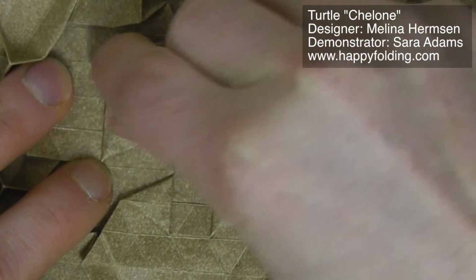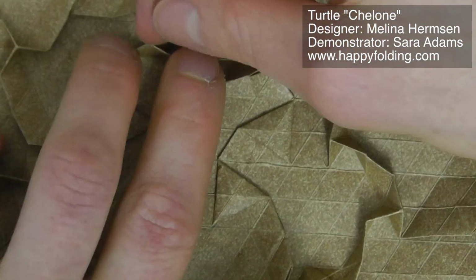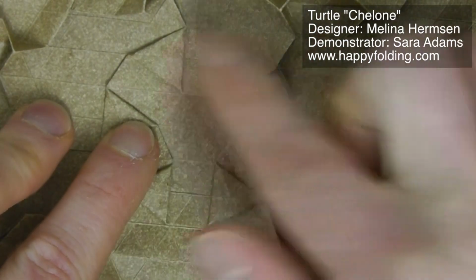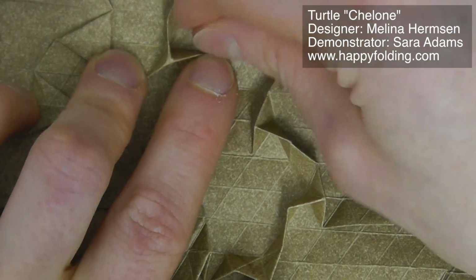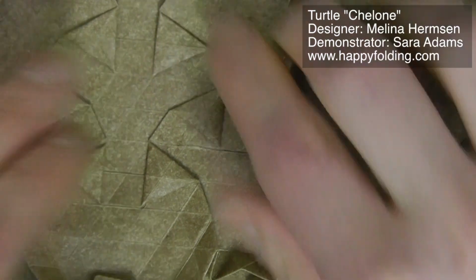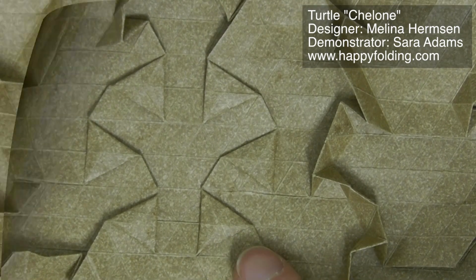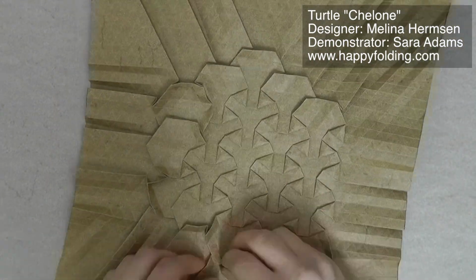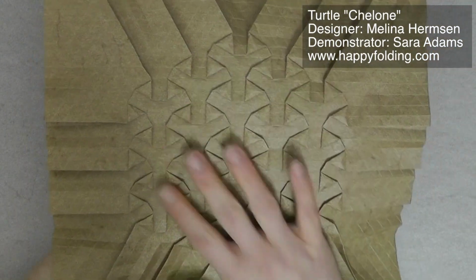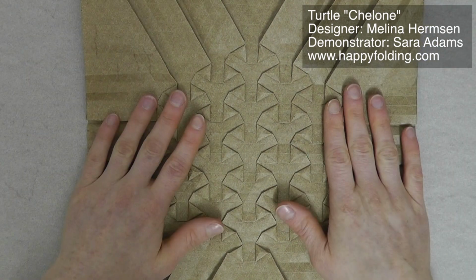And depending on what paper you're going to use, this is going to be more or less work. And with elephant hide, triangle twists are very easy, while, for example, the grid folding takes quite a bit more time, and other steps too. So here we have our first ring of triangle twists, and we're going to repeat that with all of the rest of them. So now we have all of these triangle twists, and that went by rather quickly,